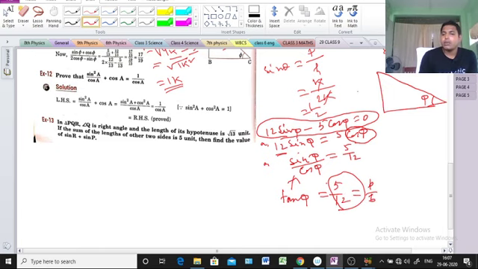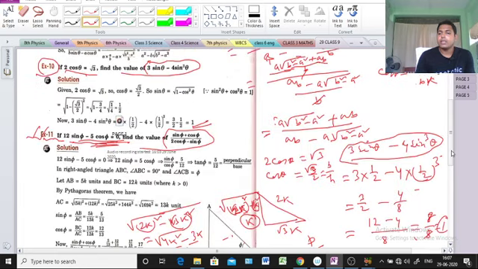That means perpendicular equals 5 and base equals 12. That's why here we will write perpendicular 5k and base equal to 12k. We find out the hypotenuse. Hypotenuse we can also say directly, otherwise you can find it out, no problem. So 12k square plus 5k square.